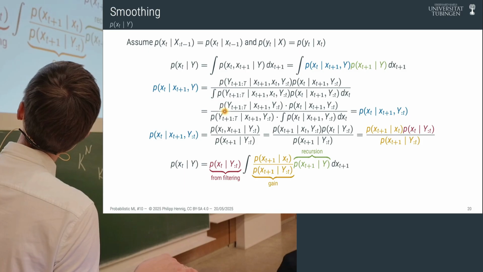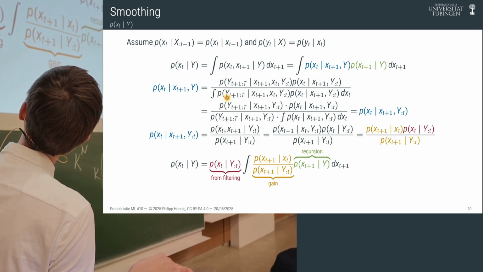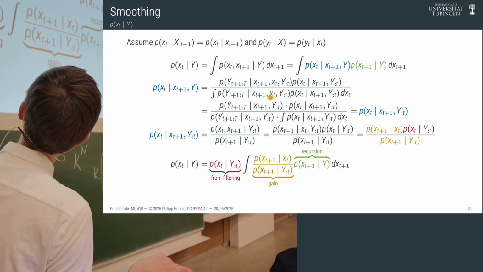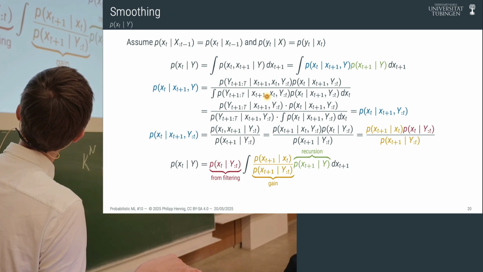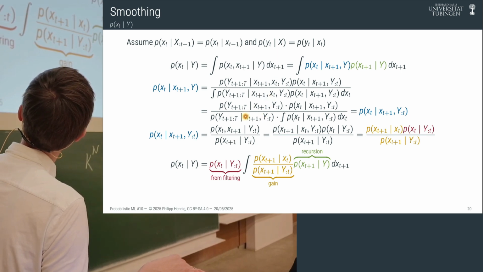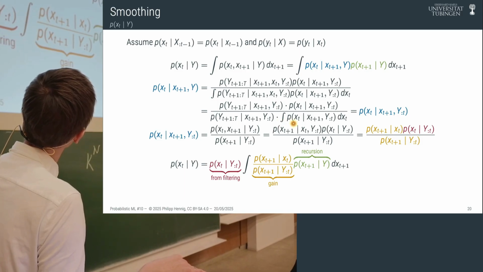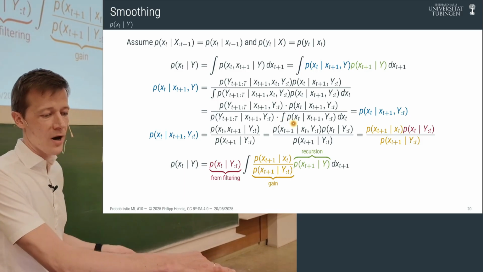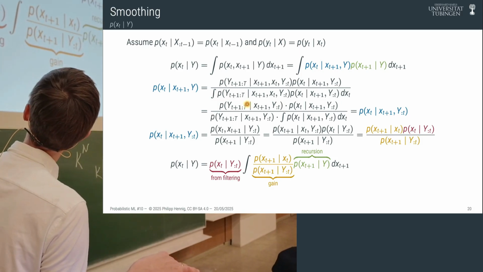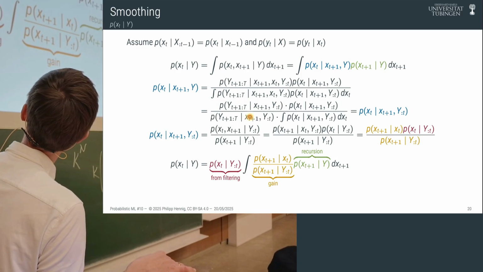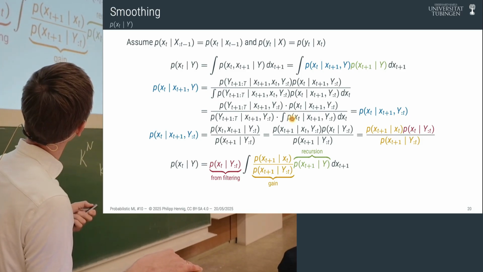And then in the denominator here, we realize that there are terms that don't depend on x_t because of the Markov property. So here we have x_{t+1} in there. Therefore, x_t can drop out of this term in the likelihood, and the integral goes over here. Now the integral is over a probability distribution over x_t, so it's just 1. So that drops out. This entire thing just drops out. We're left with this thing at the top. And now we see that these two terms actually cancel. The thing in the numerator and the denominator is exactly the same, so it's gone. And we're left with just this expression.